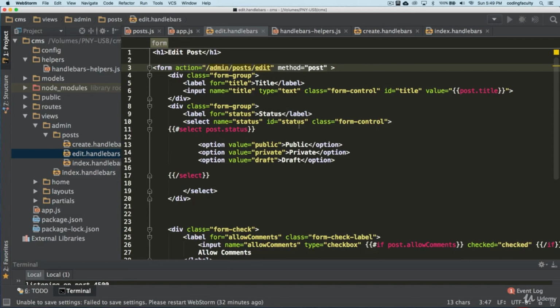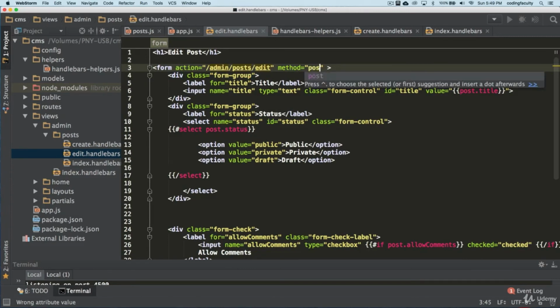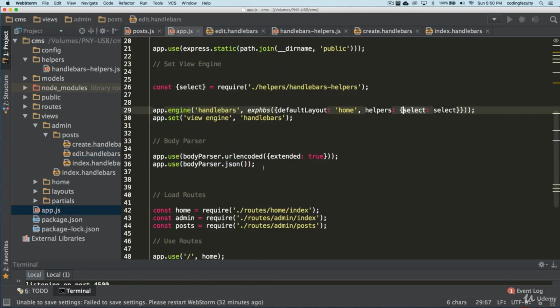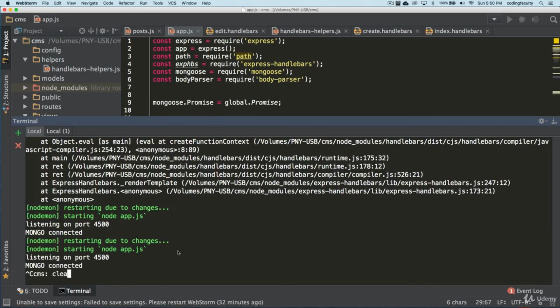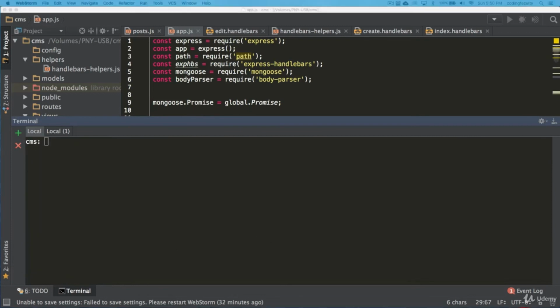As of yet, as I'm recording this, we can't just say put here because it doesn't work. We need to find another way. So let's go to app.js, and we're going to download a module. Let's press Control C to kill our server. There's a module that's very famous. What was the name? It was method-override. You can look it up. As a matter of fact, a lot of people recommend it. So npm install method-override, just like that.